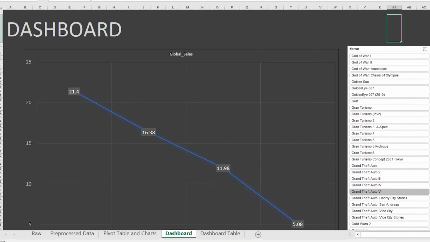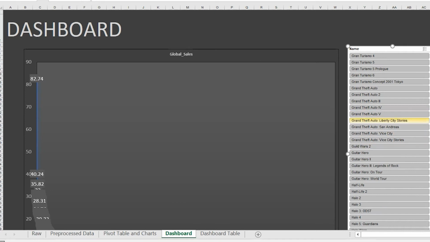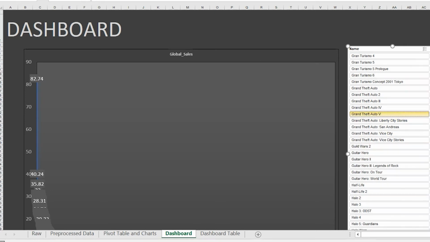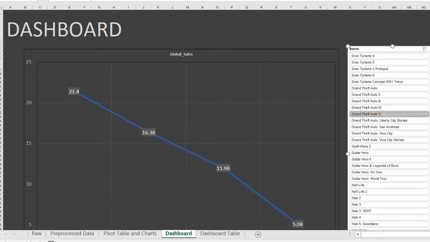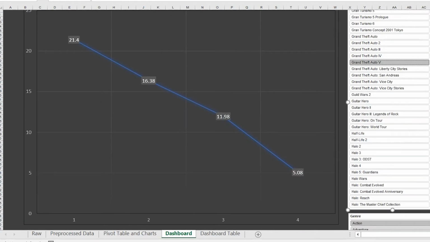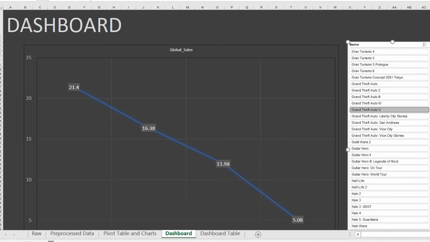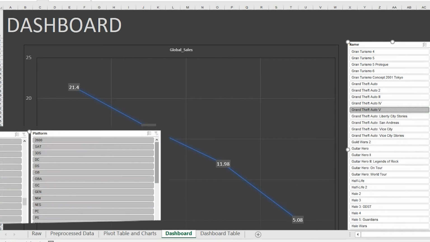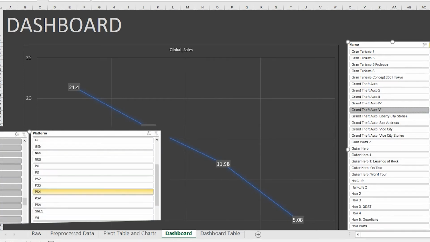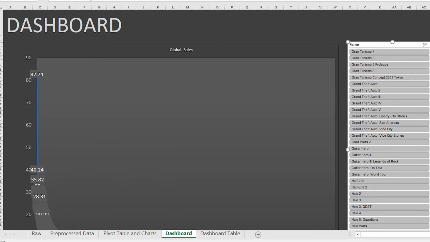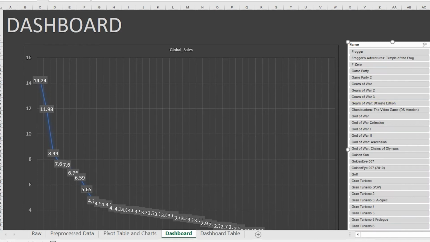So uncheck this filter. I'm taking Grand Theft Auto 5. This game is available on around 4 consoles. Each console has its own global sales. We have 2.14 for PS3, and the other values are for these consoles respectively. You can also select from platforms. You can press PS4 and see how many games are available on PS4. This jamming of data is due to the large data. If you filter more, you can see the exact value.